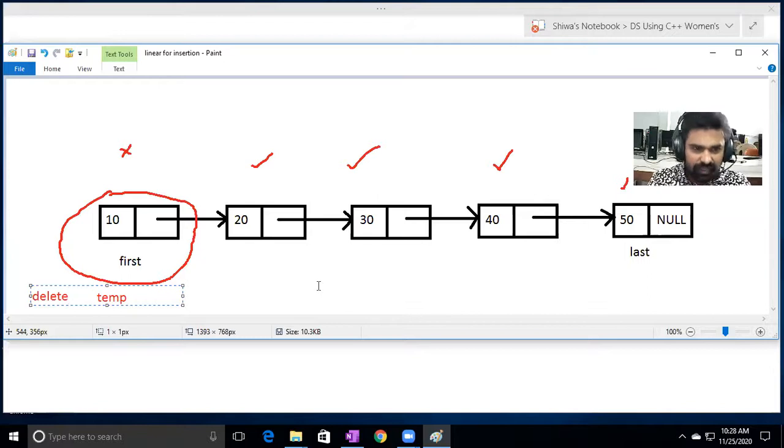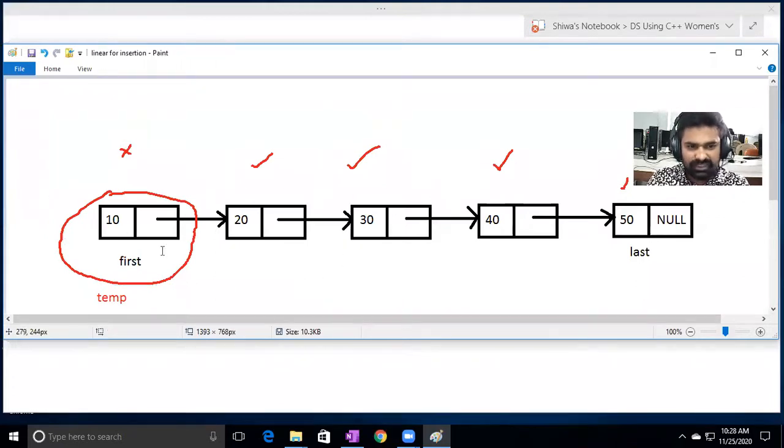Whereas in case of Java, automatic memory deallocation is there. Automatically memory will be destroyed by the garbage collector. Unreferenced objects will be destroyed by the garbage collector.